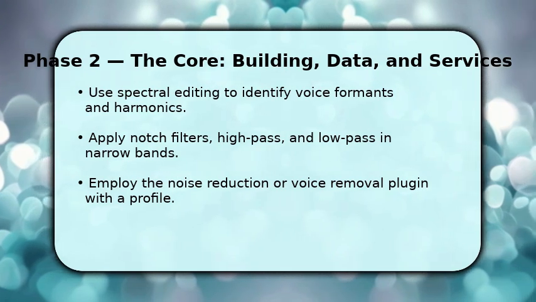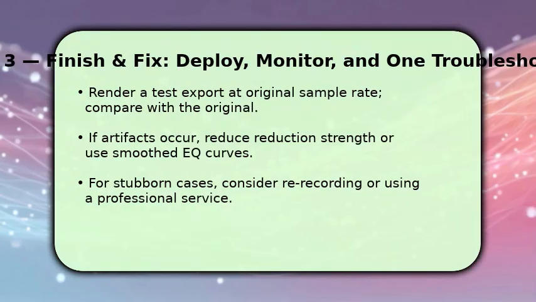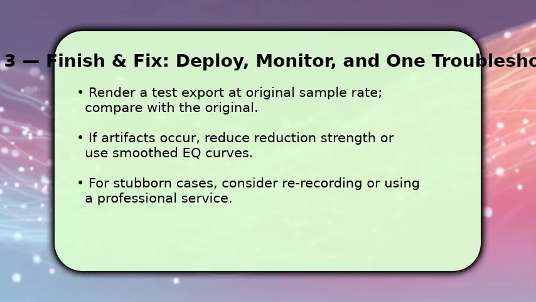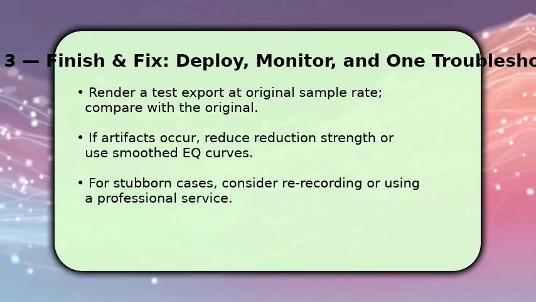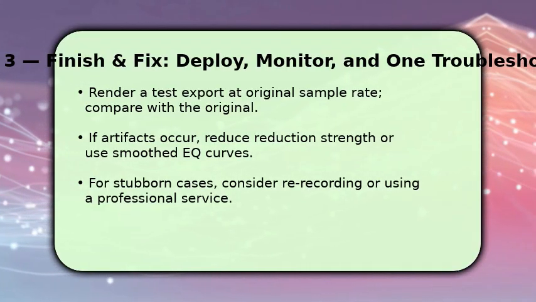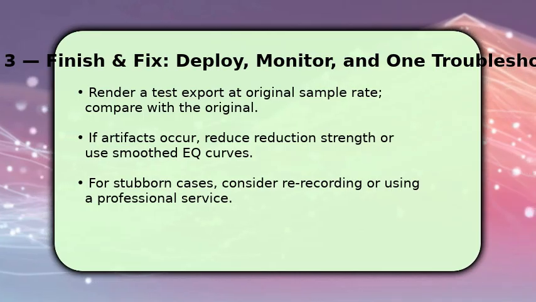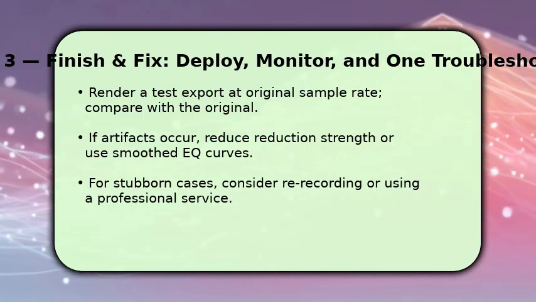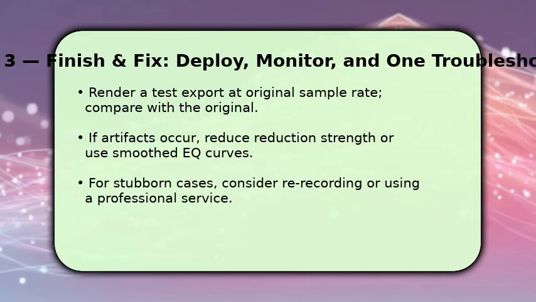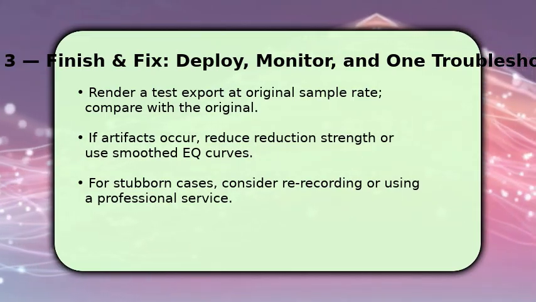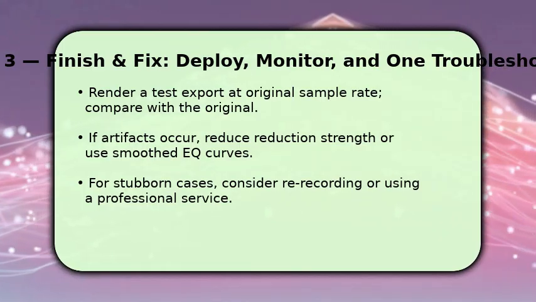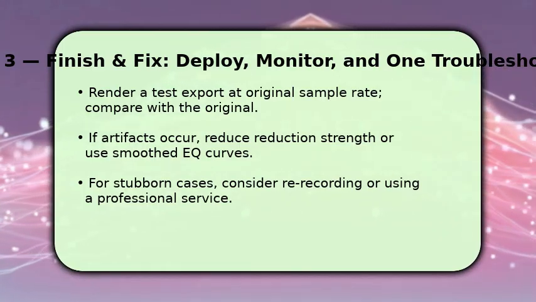Finish by rendering a test file at the original sample rate and listen critically in headphones. Check for artifacts and intelligibility loss. If you hear warbling or musical noise, undo the strongest filters, reduce reduction percentages, and swap sharp notches for smoother EQ curves. Once satisfied, render the final version and keep backups. Troubleshooting tip: if the voice remains prominent, use dialogue isolation tools or consult a restoration service. Re-recording the clean prompt is often the